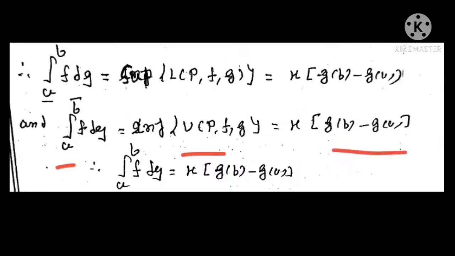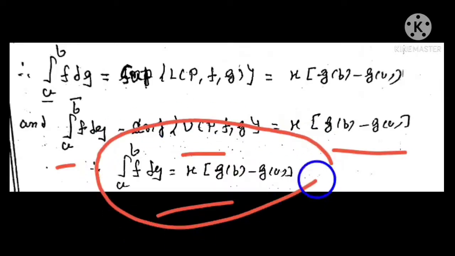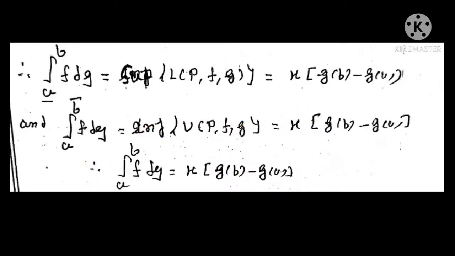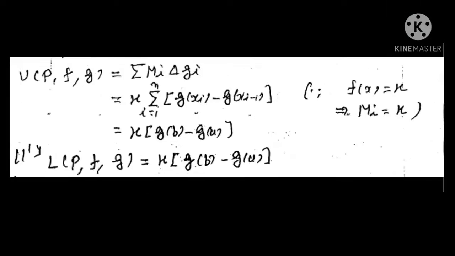Therefore, the RS integral of f with respect to g on the closed interval ab is equal to k into g(b) minus g(a). Therefore, this